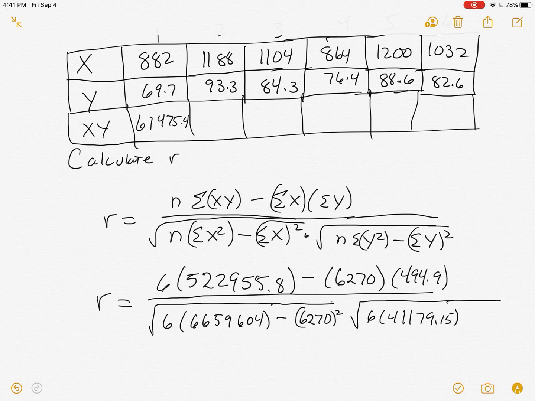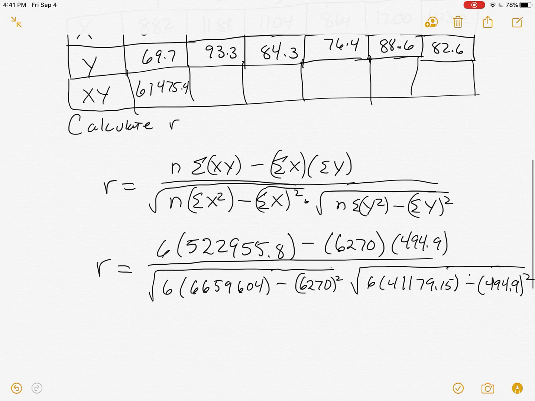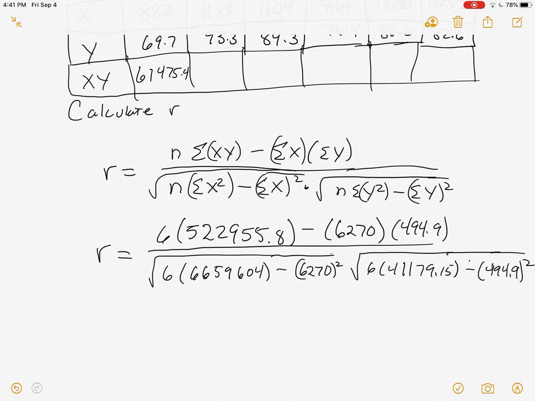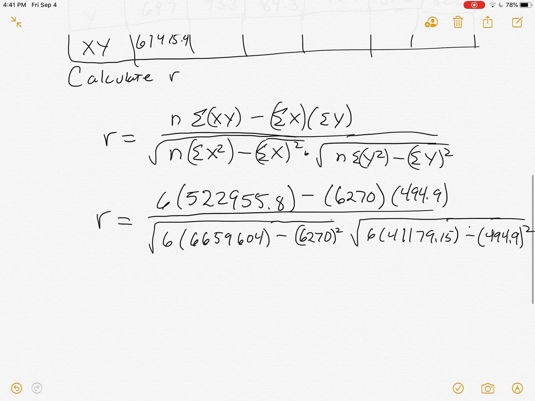41179.15, and then that's minus, and then we know the sum of those is 494.9 squared. And now we got to get this crazy thing into our calculator. So this is how I would type it in. I would type in 6 times the 522955.8 minus 6270 times